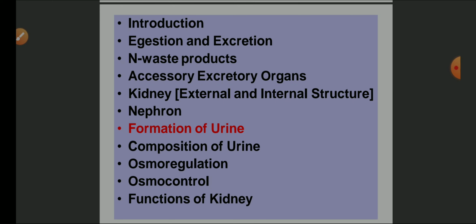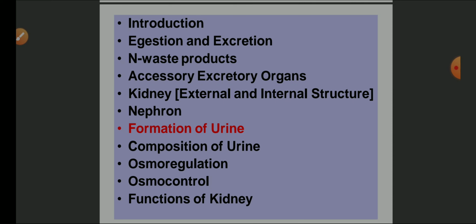urine. The formation of urine takes place by extracting the nitrogenous waste materials, urea, uric acid, creatinine and minerals, ions and salts from the blood, which is excess, or you can say which is useless to our body, is coming out from the blood in the form of urine. So for the formation of urine, the blood is required to enter inside the kidney. Once the blood enters into the kidney, it is purified by these tiny cells known as nephrons. So nephrons are the basic functional and structural unit of kidney.